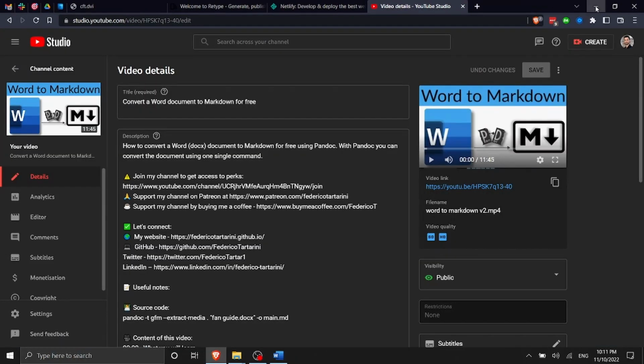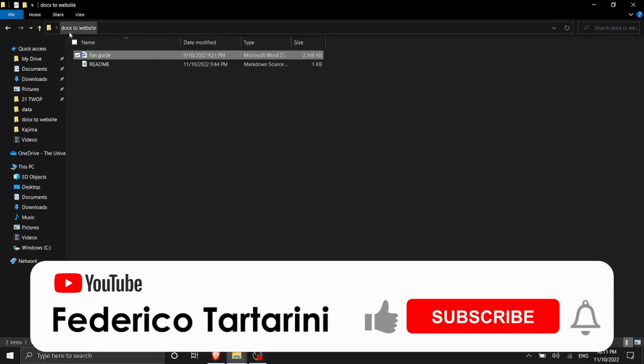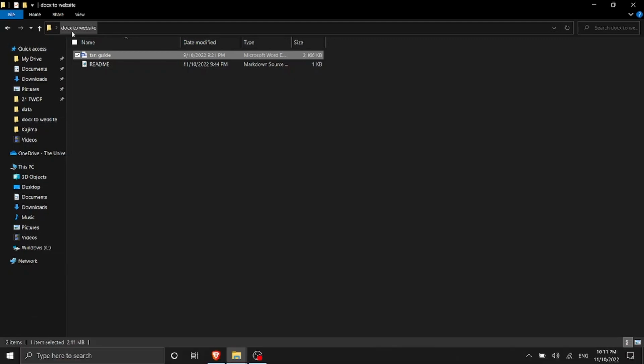So now that we are all set up and we have hopefully installed Pandoc and Node on our computer, we just have to find where our document is. In my case, I have it in this folder on the desktop, which is called docx2website. I'm going to use VS Code in this video because I think it's a very nice IDE. I generally use PyCharm, but for this video I'm going to use VS Code because I know that many of you are using VS Code, but you don't need it. It's highly recommended, but again, if you don't want to install it on your computer, it's optional.